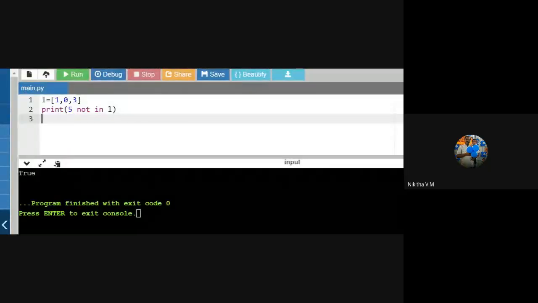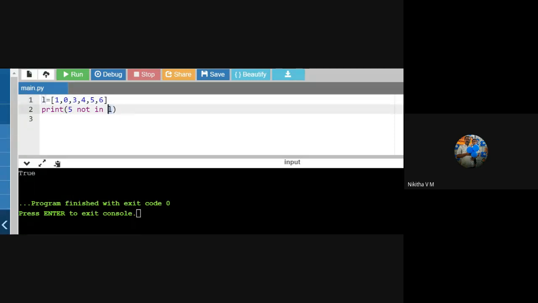Right? So first let us take some list elements, 6. Okay. Now first let us try to print